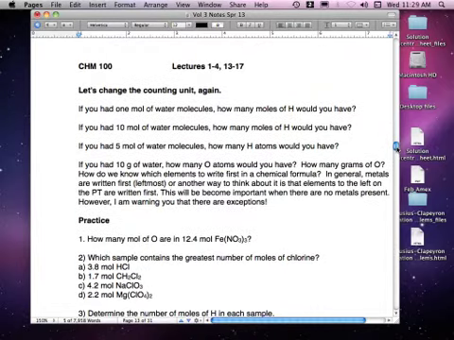Now we're going to go to the mole. If I had a mole of water molecules, how many moles of hydrogen would you have? 2. If I had 10 moles of water molecules, how many moles of hydrogen would you have? 20. Now here's a different question. If you have 5 moles of water, how many hydrogen atoms would you have? I am going to take this question and this next question into